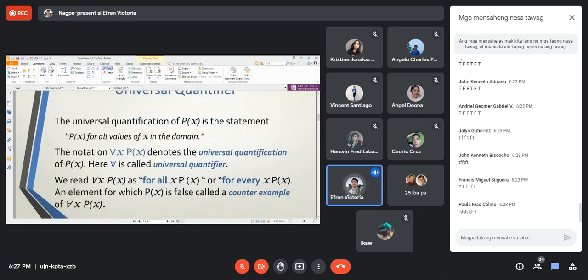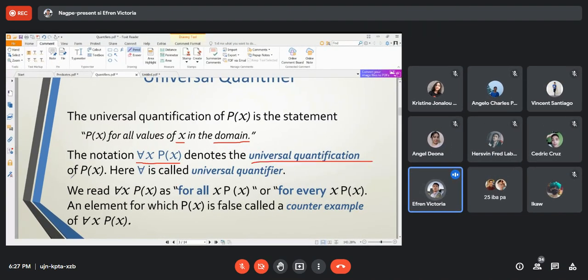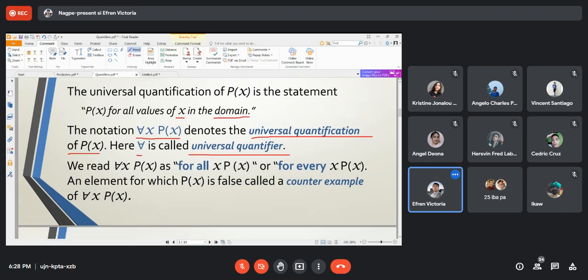So the universal quantification of P of x is the statement P of x for all values of x in the domain. So domain, ito yung list natin na possible values na maging value ng variable natin. So the notation, universal quantification of P of x. So ito yan, universal quantification of P of x. So the inverted A is called the universal quantifier. So we read the universal quantification of P of x as for all x of P of x,